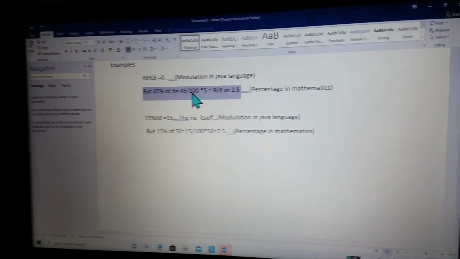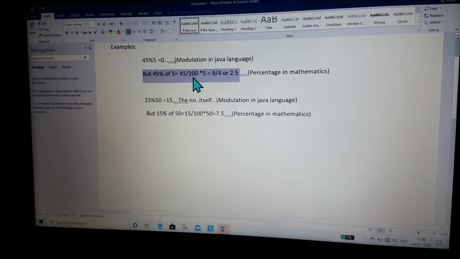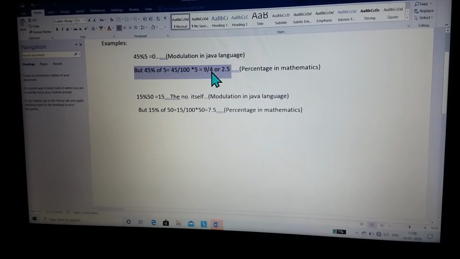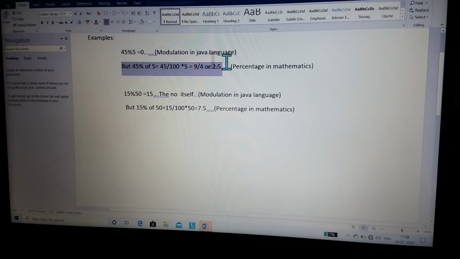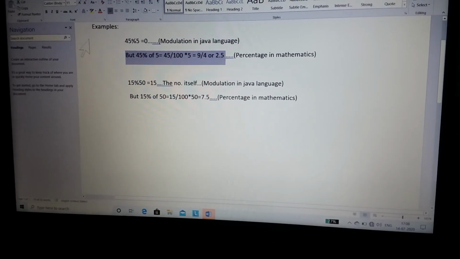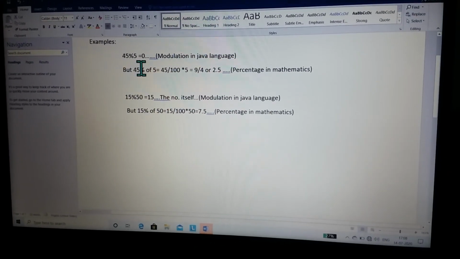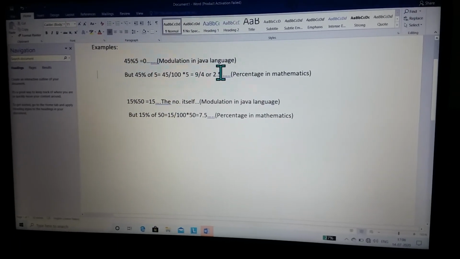If you cancel it, 9 by 20 into 5, which gives 9 by 4, or if you simplify it you will get 2.5. So it is our answer in percentage, and 0 is our answer in modulation. So the symbols are same, but their answers are very different. In modulation 0 and in percentage 2.5.